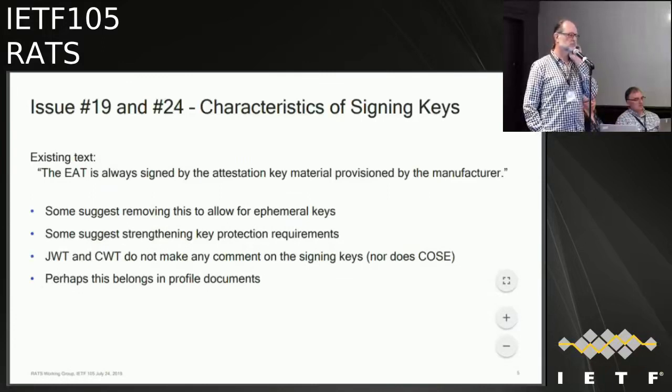I think the top level EAT token should have some level of assurances associated with this key material, and that's done by having a key material provision record. But the question to me still is what goes in the EAT draft versus what goes elsewhere, and I'm still kind of looking for the consensus there. And it seems to me still that the strength of the key material should not be in the EAT draft, just like it's not in the CWT draft or the JWT RFCs.